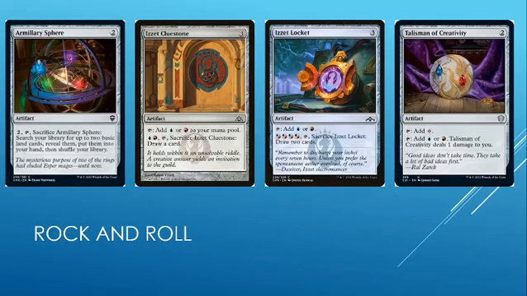Alright, first off we're going to start by rocking and rolling. Our Military Sphere is a 2 CMC artifact, and you pay 2 and tap it: search your library for up to 2 basic land cards, reveal them, put them into your hand, and then shuffle your library. Izzet Cluestone is a 3 CMC artifact where you tap it to add either a blue or a red to your mana pool, and Izzet Locket is 3 CMC, and you can also tap it for a blue